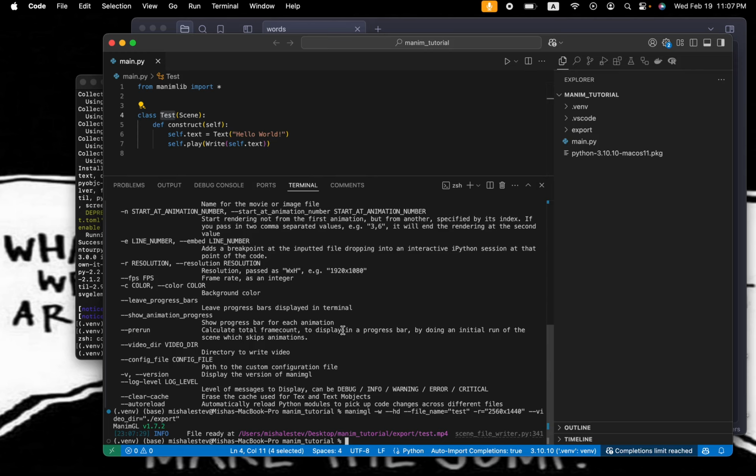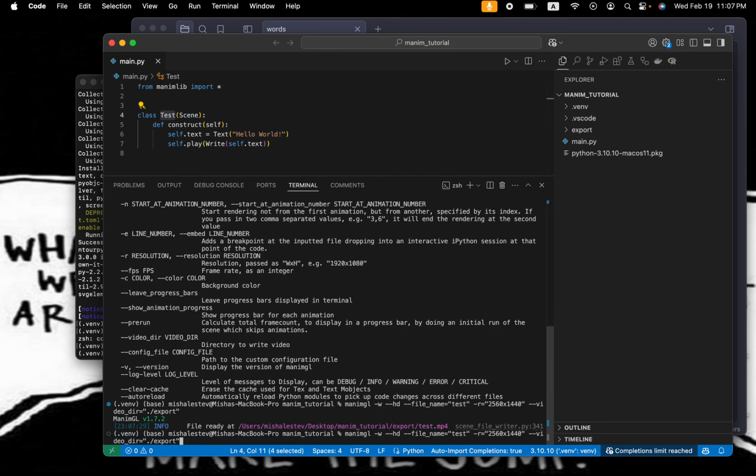So let's go back. To go back, you literally press the arrow key, or you press Ctrl P to get back to this thing. So let's go at the very beginning. In order for you to move like this, I'm using the option key and right arrow key. So right arrow, okay. So ManimGL, and we're going to provide this